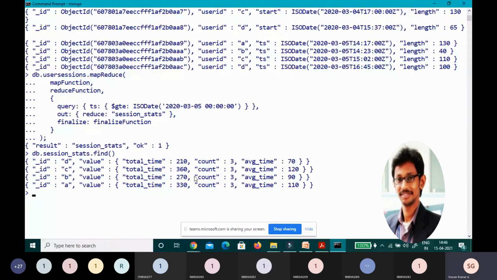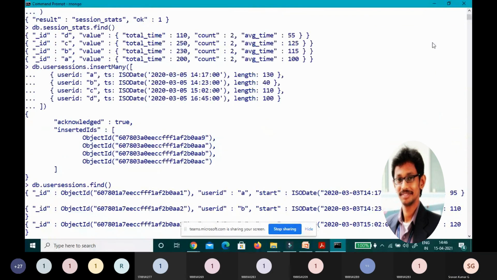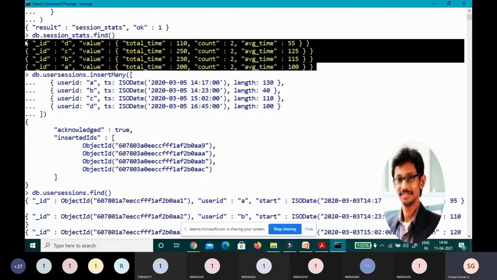Now you see here, this is the incremental MapReduce output. Now compare with the previous MapReduce. It was A 200, 2, 100.